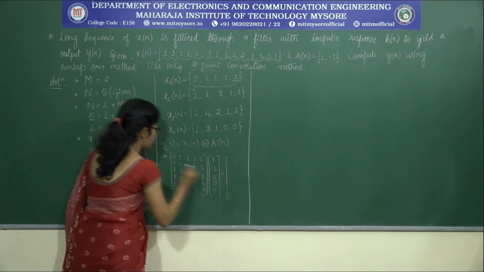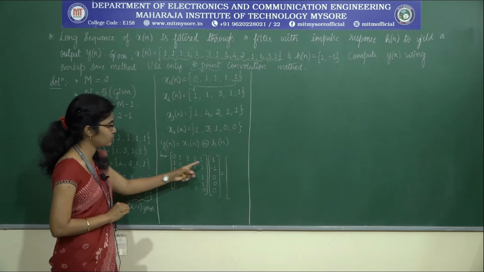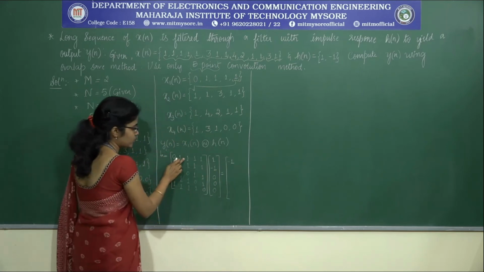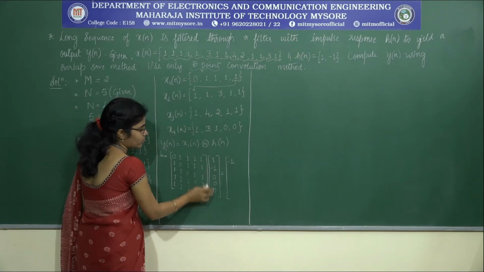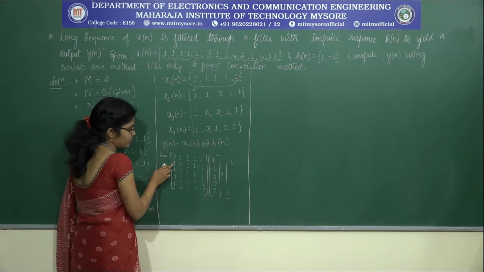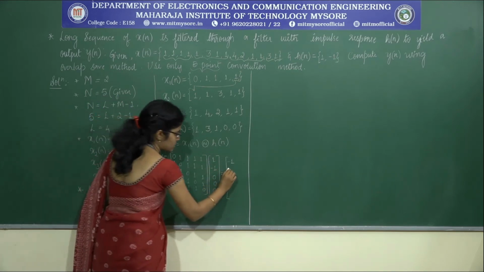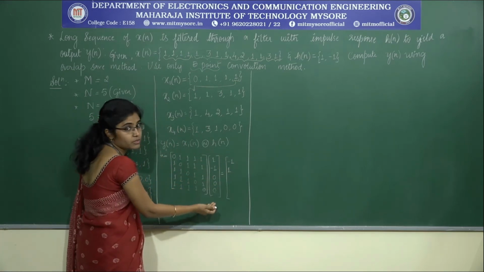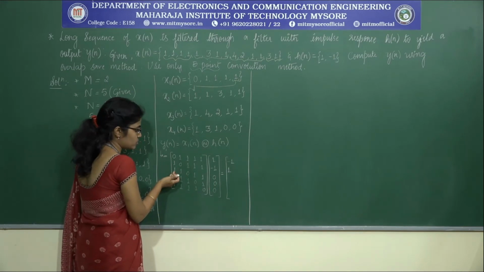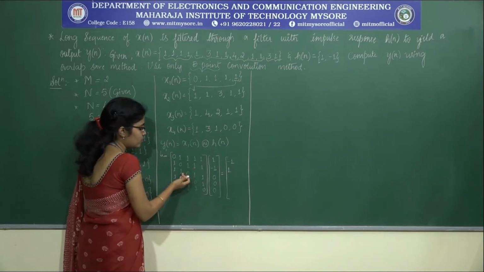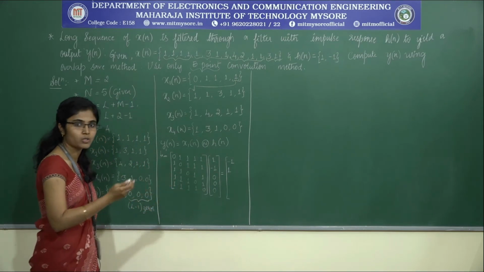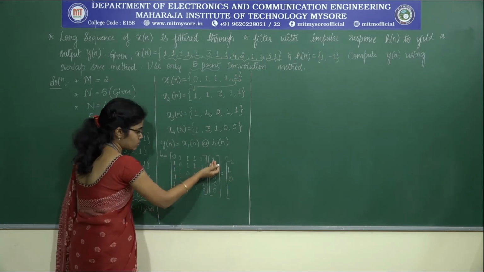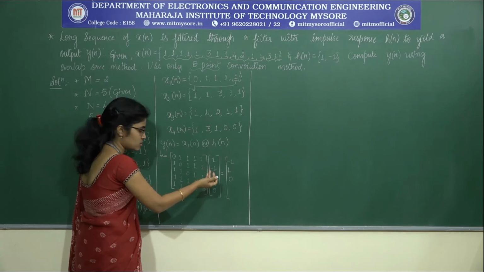Now if we perform matrix multiplication, 0 into 1 is 0, 1 into minus 1 is minus 1, 1 into 0 is 0, 1 into 0 is 0. So ruled out. Okay. Now coming to this row, that is 1 into 1 is 1, 0 into minus 1 is 0. So rest of the elements are also multiplied with 0, so which tends to 0. Again coming to this one, 1 into 1 is 1, 1 into minus 1 is minus 1, plus 1 minus 1 gives us 0. Coming to fourth row, 1 into 1 is 1, 1 into minus 1 is minus 1,